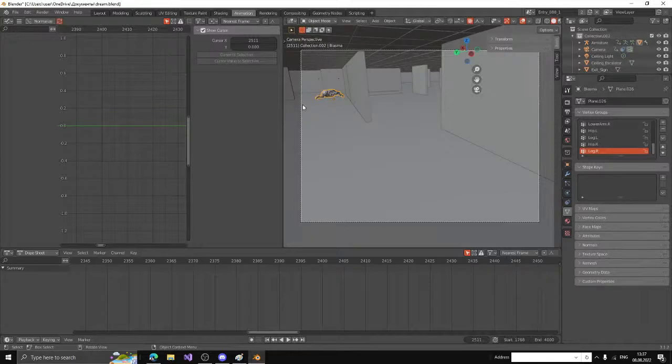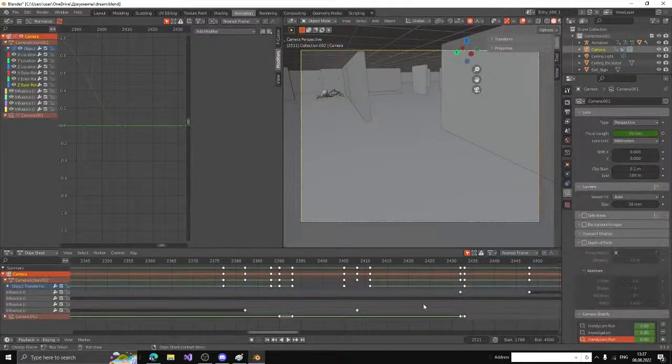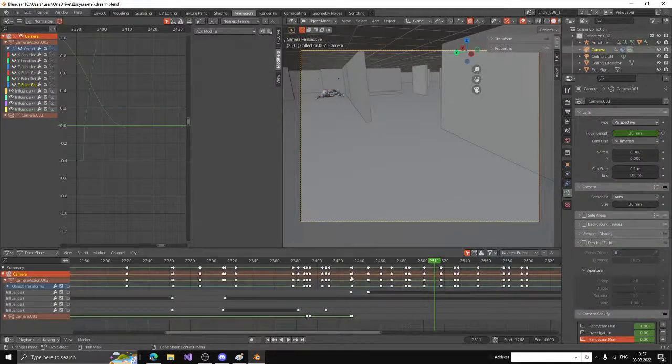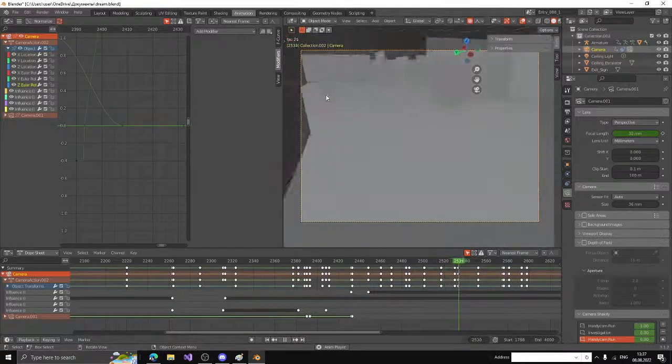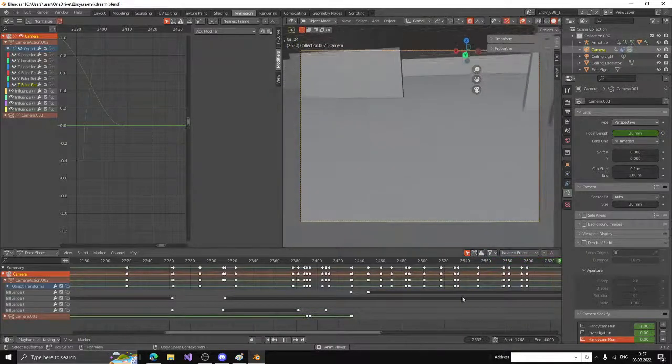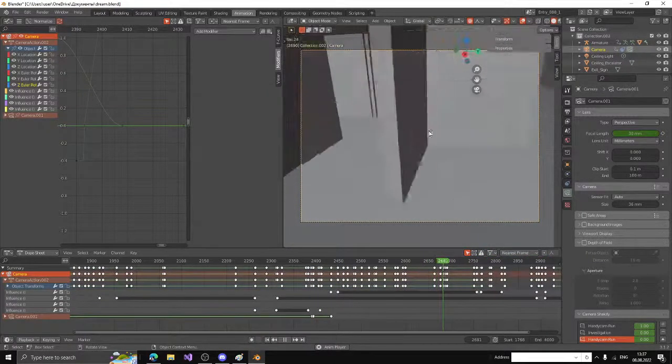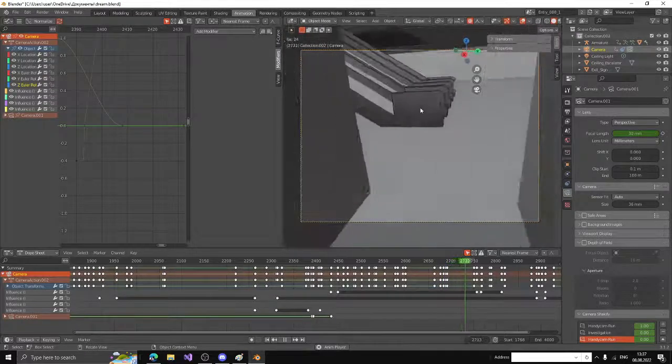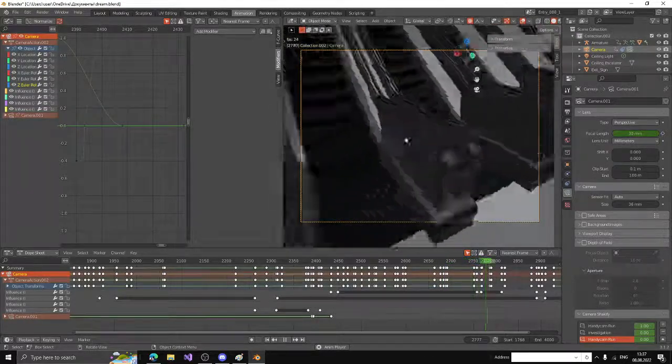So this is another time period in which the camera is able to view the entity once again. And from then on, yeah,